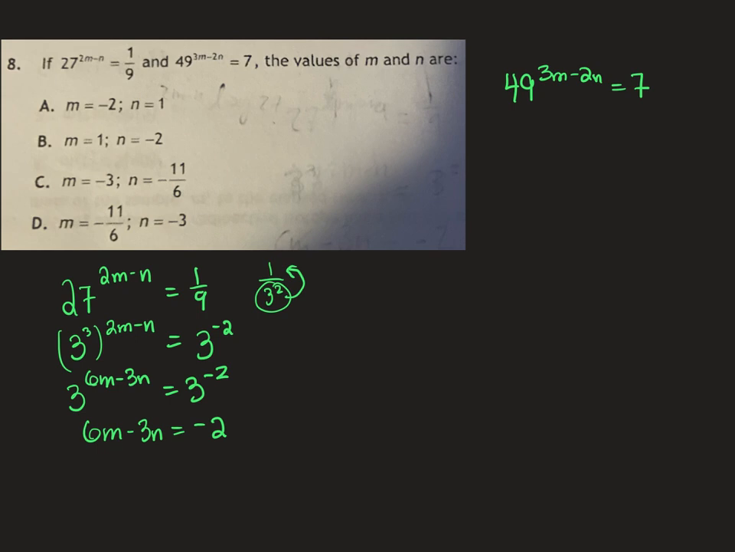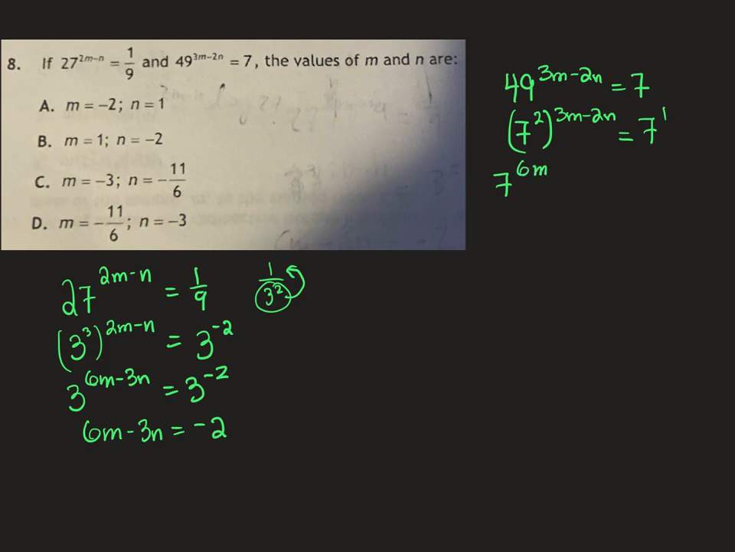All right, let's look at the bases here. We have 49 and we have 7. Those could both be written as 7. So 49 is going to become 7 squared. Still have the 3m minus 2n on the outside. And then 7, of course, is already a base of 7, but let's put an exponent of 1 on it just to emphasize that. Okay, so we do exponent of exponent again on the left-hand side there